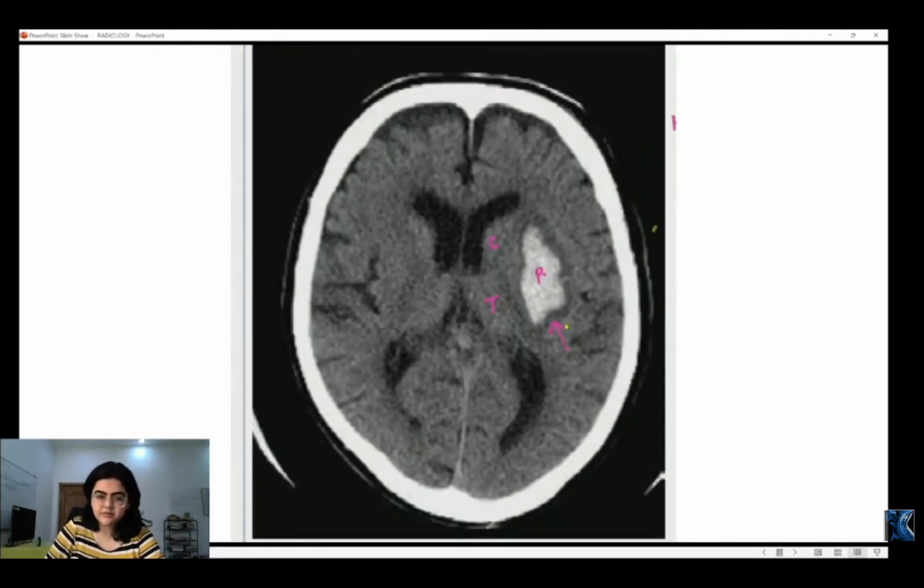Now this section here you can see the putamen bleed. Here we have the caudate nucleus. This is the anterior horn of lateral ventricle as